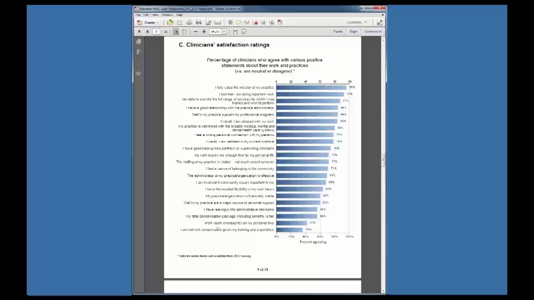So this is something we will do as a group: we will analytically look at these data and ask which of these areas of satisfaction prove, a year and two from now and longer, to be correlated with who's staying longer versus shorter. That's been done in other studies too, and if we should be sharing that information to help us understand, then we surely should. But notions about mission, being pleased with my work overall, strong personal connection to patients, and a sense of belonging to the community are very important to retention.